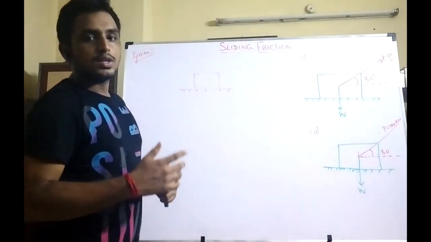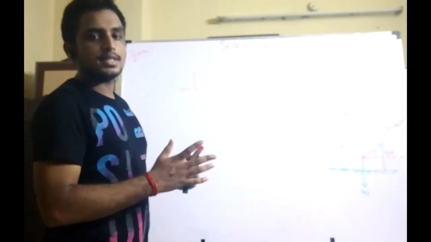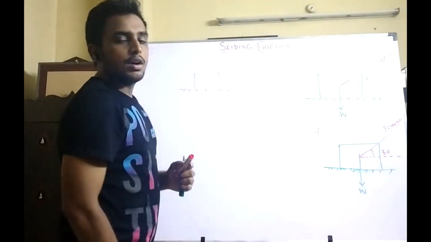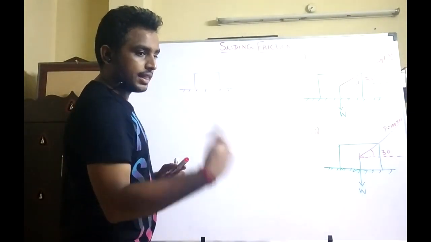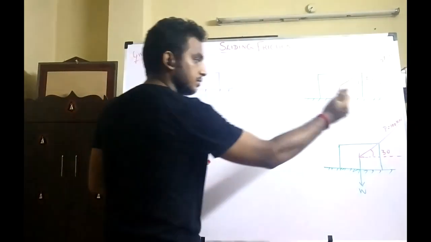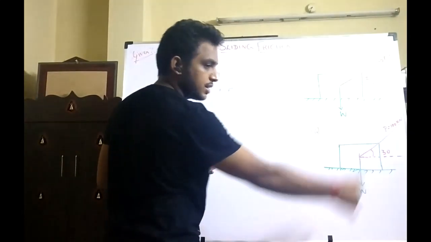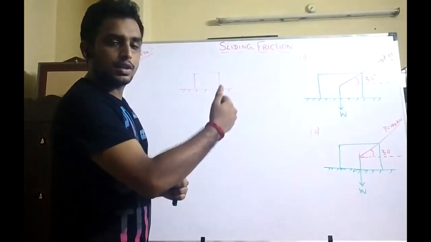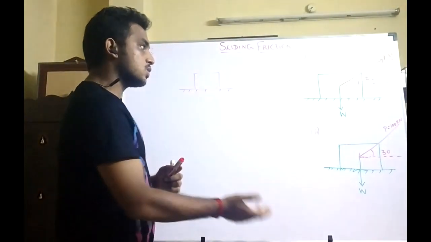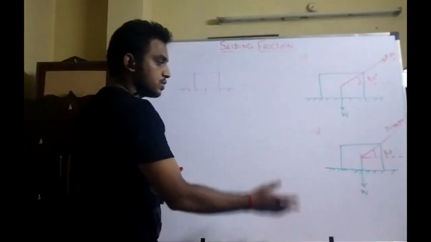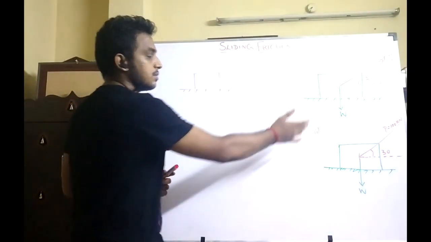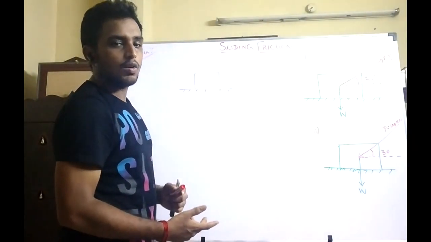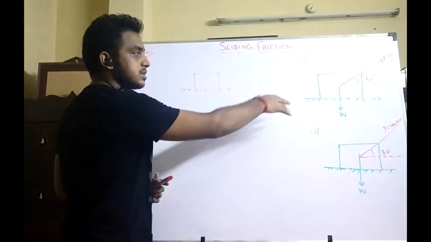Nothing is given. They have just given two cases: a pulling effect of 80 Newton acting at 30 degrees with respect to the horizontal surface, and then in case 2, a force of 100 Newton, which is a pushing force, also acting at an angle of 30 degrees with respect to the horizontal surface. With respect to these two cases, the block is capable of moving over the horizontal surface. From that they are asking us to determine the coefficient of friction, that is mu, and the weight possessed by the block.